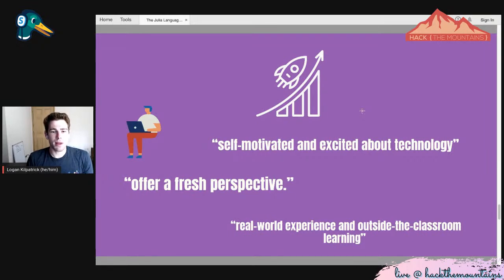So, keeping this in the back of your mind, you don't need a bunch of killer internships in order to get your first job. That's just the reality. You can go and contribute to an open source project. You don't have to apply. No one has to tell you they want you to contribute. You can just go and do it.